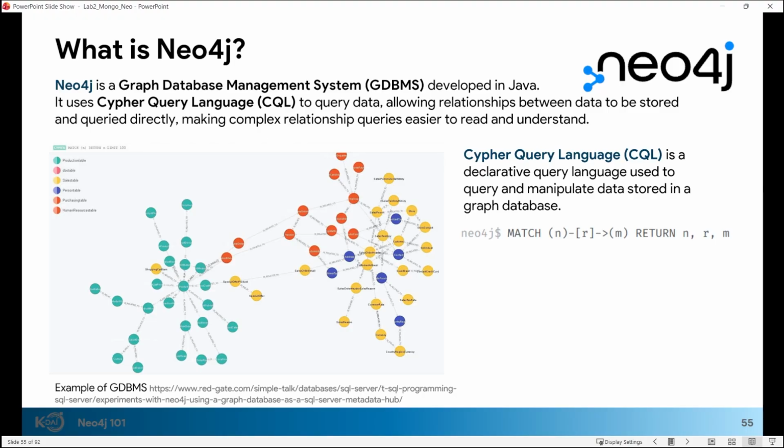So what is CQL? CQL is a declarative query language used to query and manipulate data stored in a graph database. There are some differences between a graph database and a relational database. For a relational database such as SQL, we have tables and relations between tables, right? So when we want to query something, we can use a different table using join, left join, right join, inner join, anything. But what happens when we want to do something that complex, such as when we want a friend,